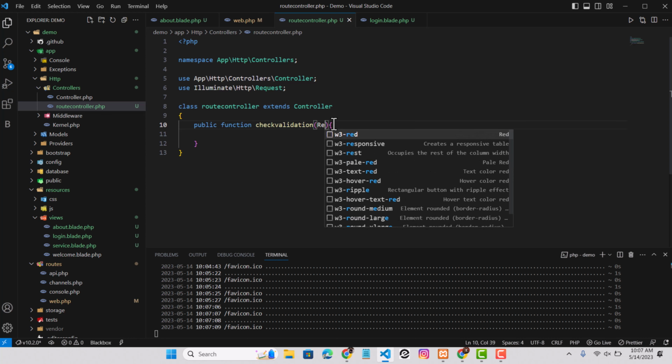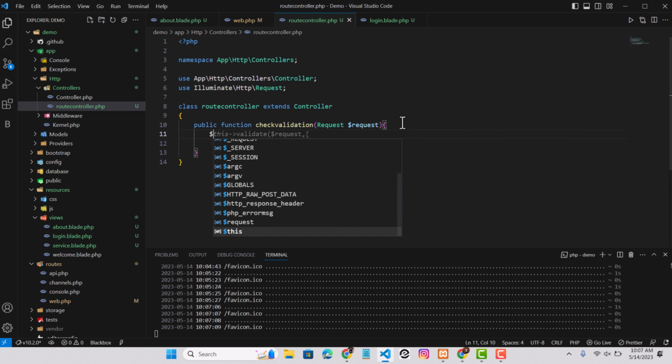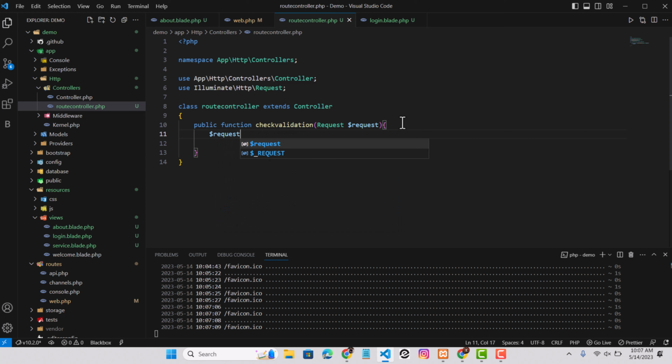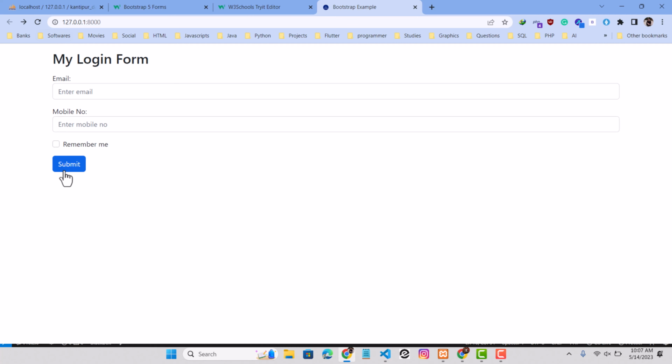So for that I'll write here request, dollar request validate. Now I'll check first the email required. Now when I click on the submit button,